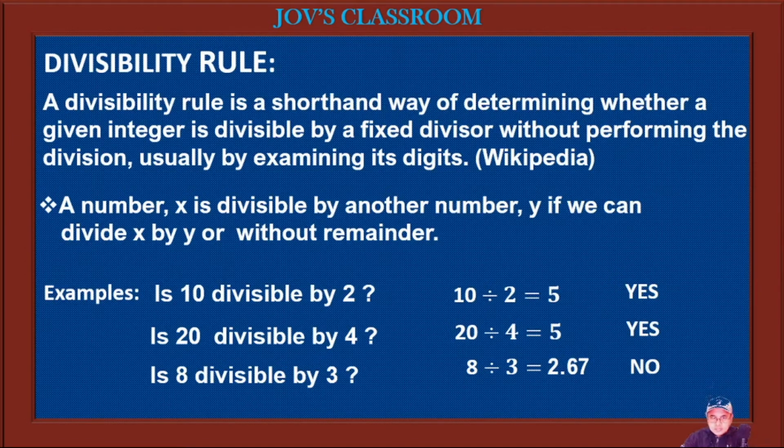So with a small number, we can easily determine the divisibility of a number. However, if a big number is given, there must be a rule in order for you to easily determine if the given number is divisible by a certain number. That is why the divisibility rule was created, in order for us to easily determine if a number is divisible by a certain number. So the first rule in divisibility rule is